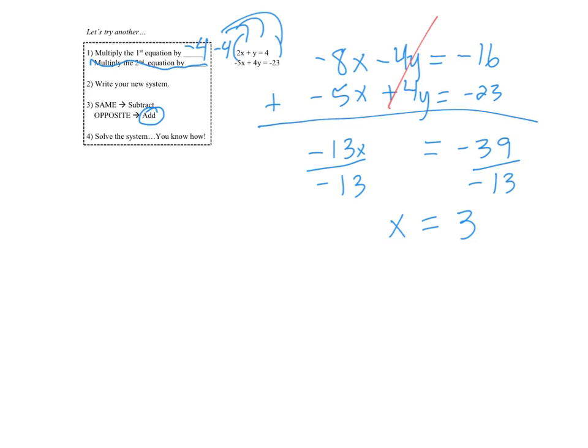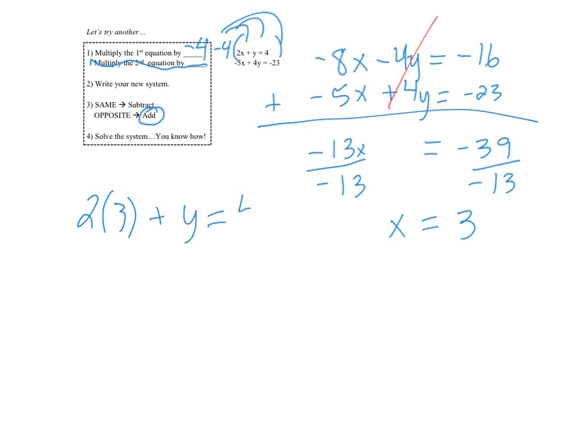Now we can plug x equals 3 into either of the equations. I'm going to choose the top one, so 2x. Oh, sorry, we have to replace x. So 2 times x is 3